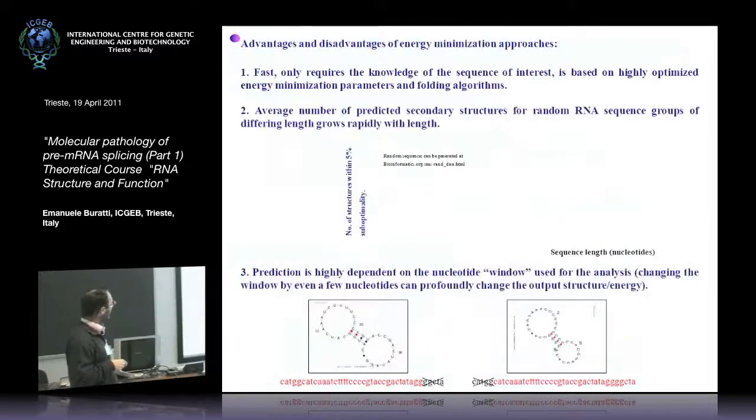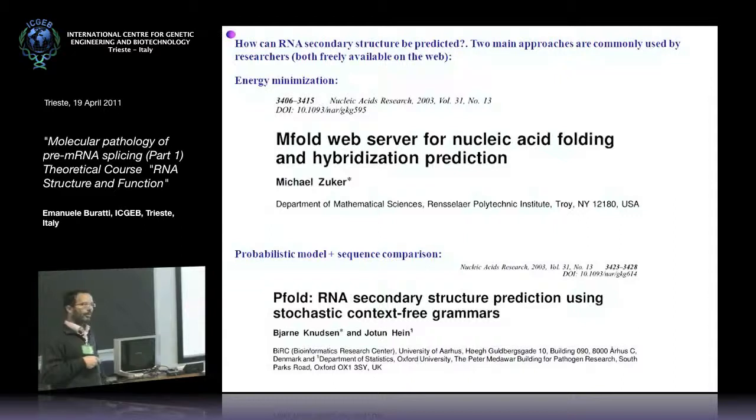There are basically two ways that, if you think that your splicing mutation is affecting RNA secondary structure, you can go about testing it in a bioinformatic way. You can use energy minimization programs, the most famous of which is M-fold, and that is the one mostly used, or you can go through P-fold,